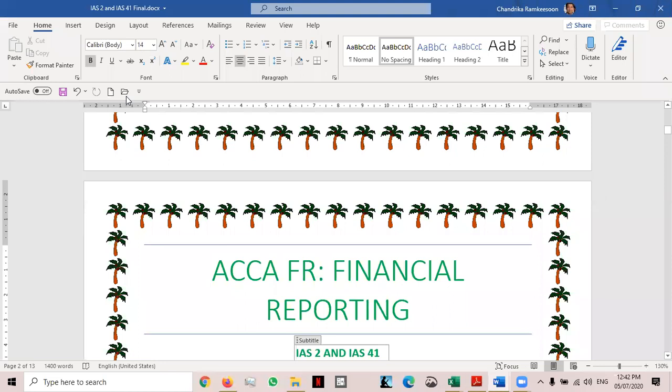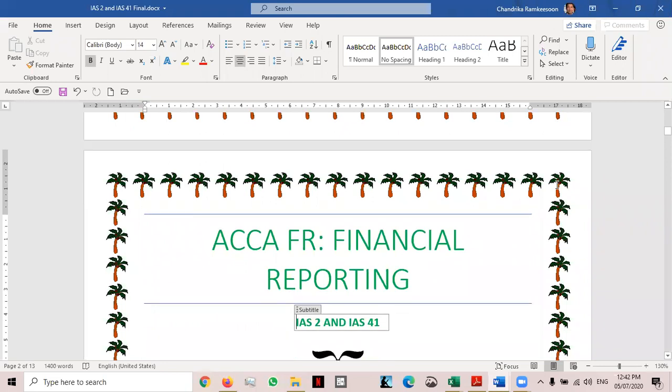Now, in today's session, we'll be looking at IAS 2 and IAS 41. And you may be saying to yourself, but if we are dealing with the non-current asset standards, how come IAS 2 is being discussed now? And the reason for that is simply because in order to better appreciate IAS 41 and indeed IAS 2, they are best looked at